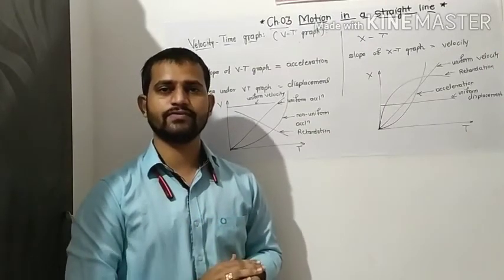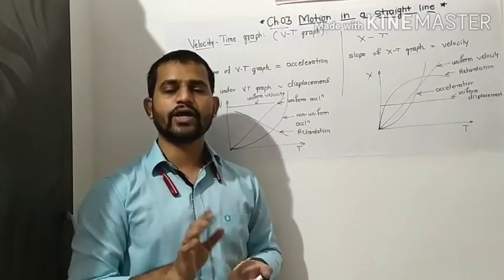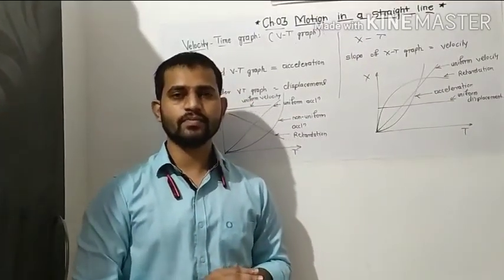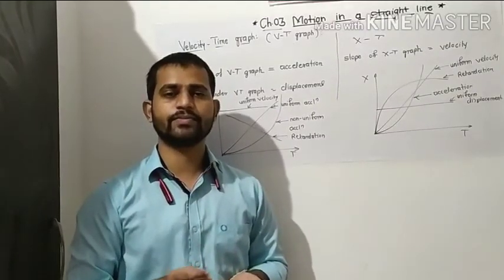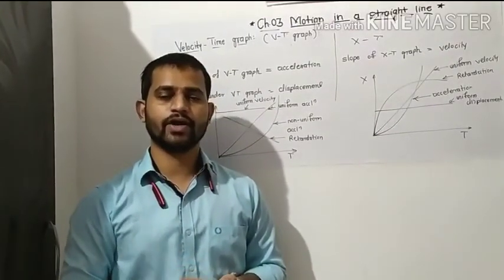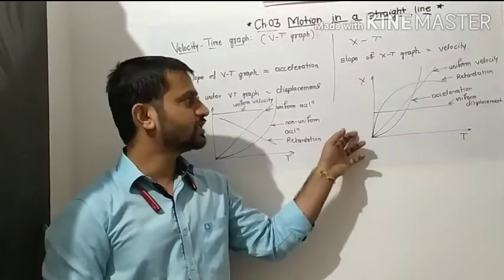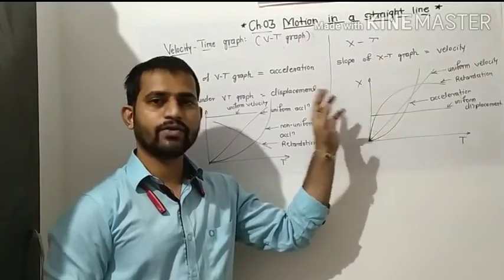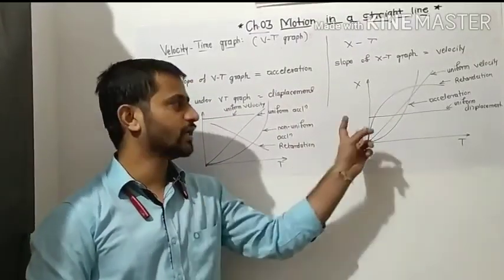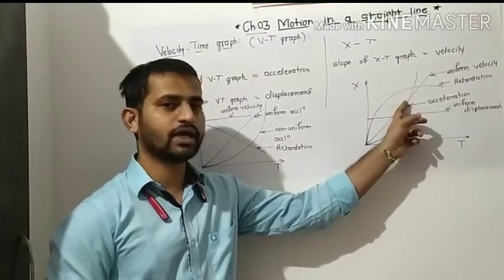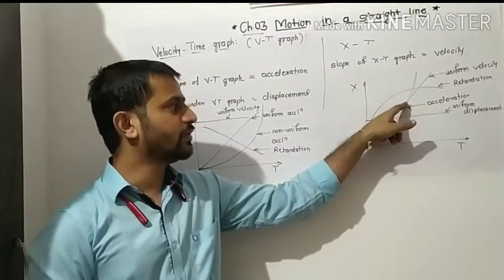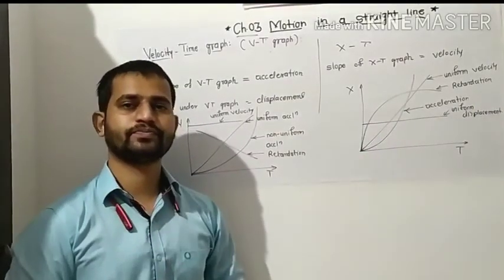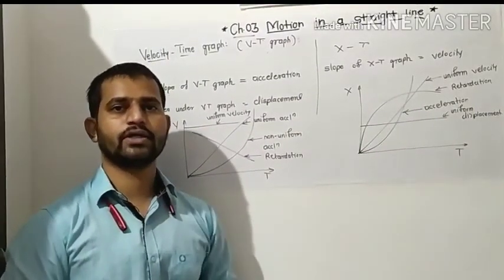That is the use of a graph in physics, because it avoids a lot of numerical work whenever we have to find a third quantity, or find the relation between quantities. In this case, if we know the displacement at any point and we have to find the time at that particular instant, then we draw one perpendicular from this straight line to the time axis, and we will get the respective time for that particular displacement.